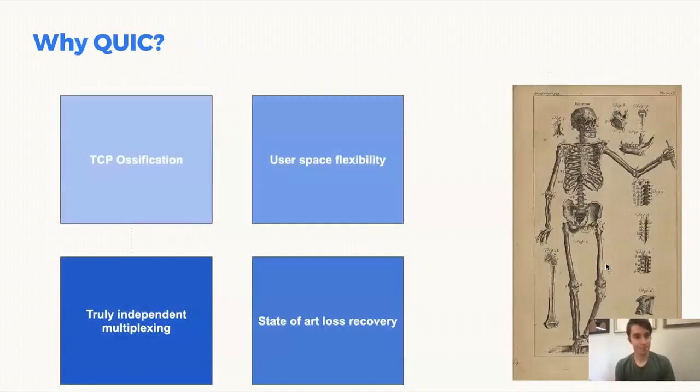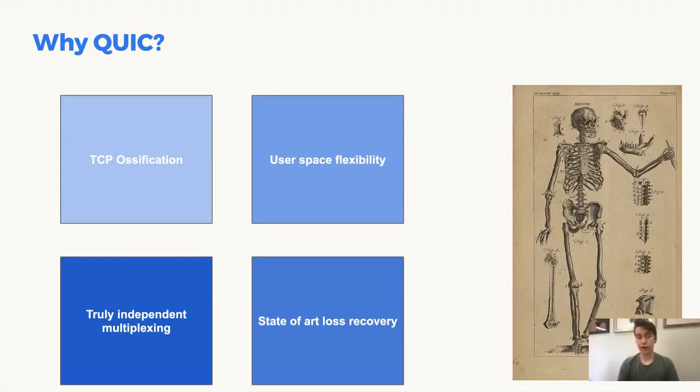Next slide. So why QUIC? We already touched a little bit on this, but one of the biggest reasons is something that we call ossification in protocol design. Ossification is a word to me that means to become bone. What that's referring to is that protocols like TCP have existed for so long and their wire formats are so well known that it gets really hard to change them. That's because there's a lot of equipment on the internet that makes assumptions about that wire format and may do things like drop it or modify it if it diverges from its expectations.